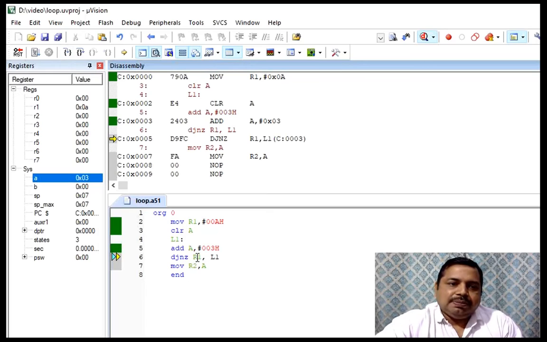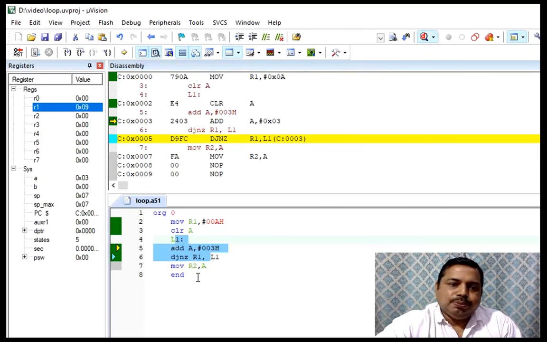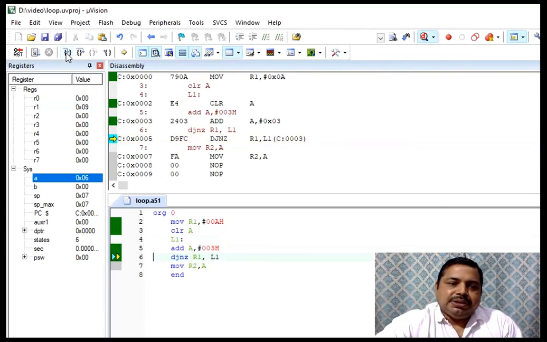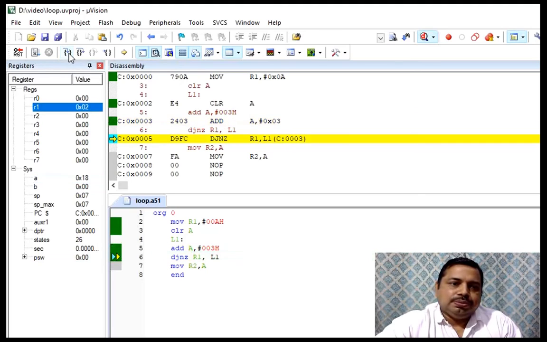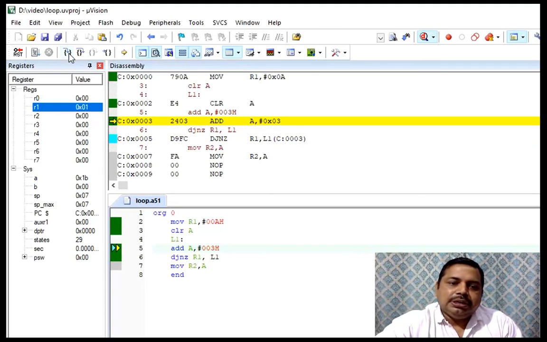R1 is currently 10, and when I decrement it becomes 9. It moves to loop L1. In the same way it will decrement again to 8. Like that it will go 7, 6, 5, 4, 3, 2, 1.